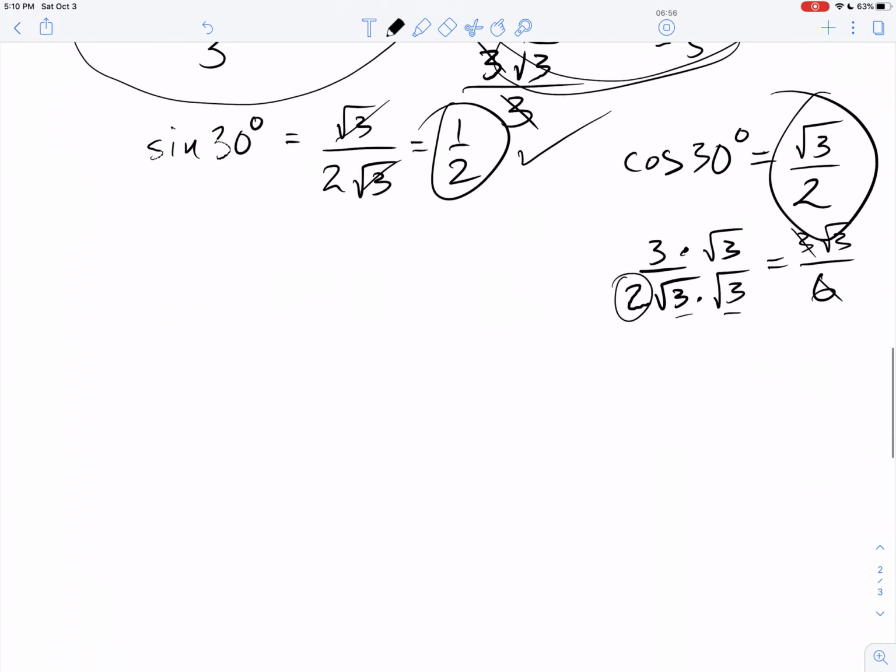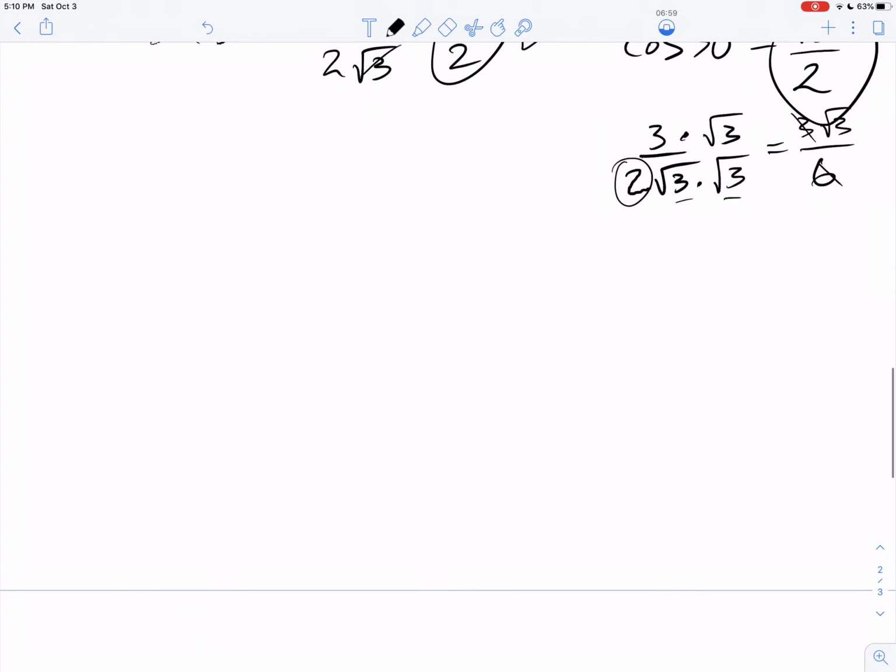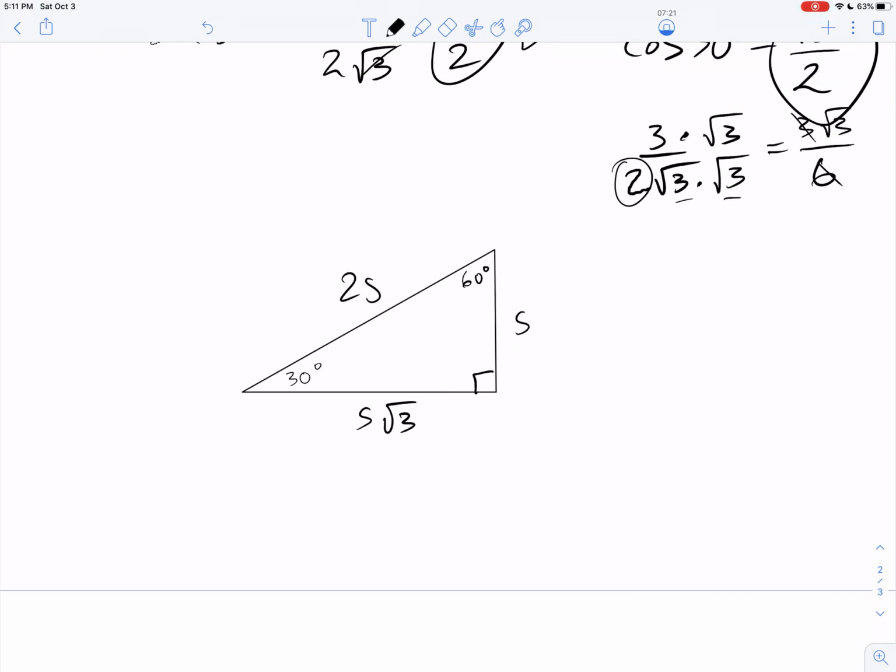Let me show you what's going on. This is where we get a little bit theoretical, but I'm going to draw my 30, 60, 90 triangle. This guy's 30. This guy's 60. Here's my 90. And I go, oh, this is S. This is S rad 3. This is 2S. So if I wanted to find the sine of that 30-degree angle,